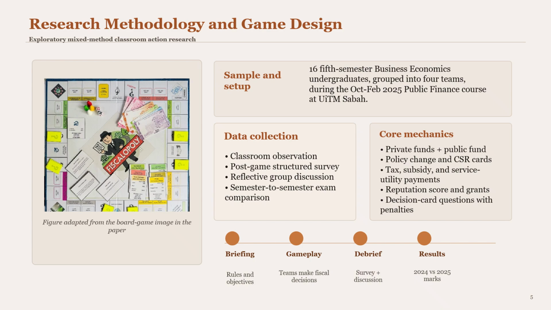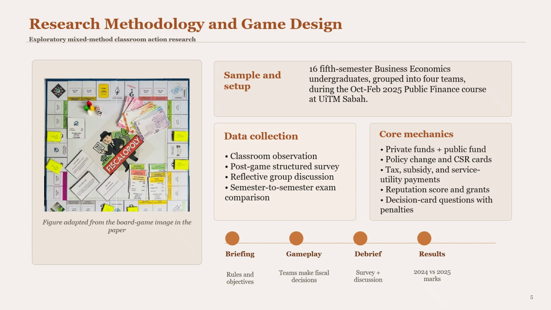Now, in terms of the game design itself, Fiscalopoly included several interesting mechanics. Students had to manage private funds and also think about the public fund. They encountered policy cuts, corporate social responsibility or CSR cuts, taxes, subsidies, and service-related payments. There were also decision cut questions, where a wrong decision could lead to penalties, just like real-world policy mistakes can have